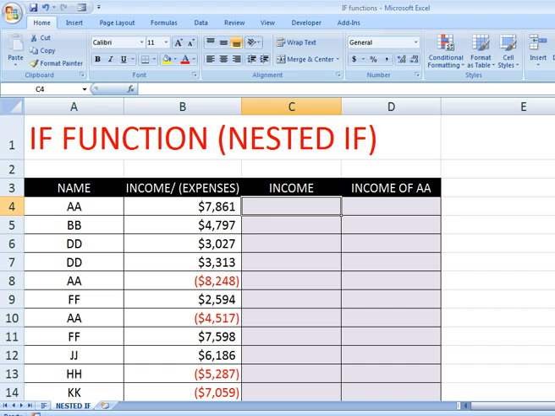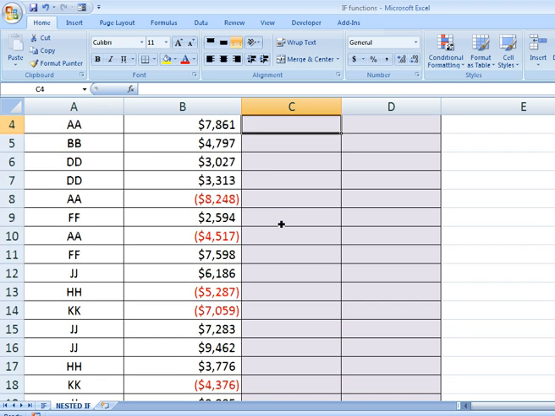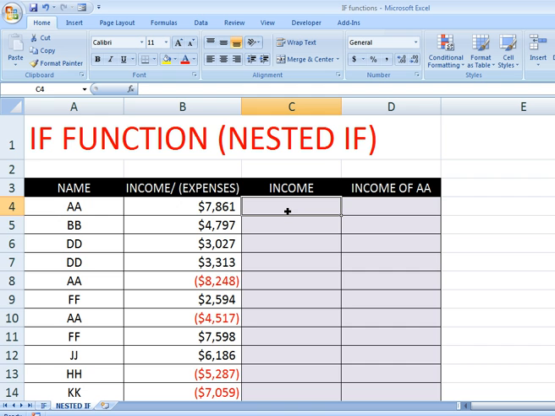Let's do some more analysis on the IF function, and then nested IF. In this cell I want income greater than $5,000. If it is greater than 5,000, the result will come here, otherwise not.